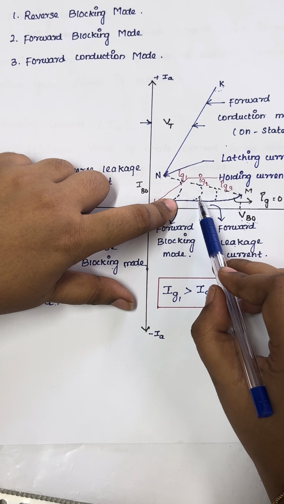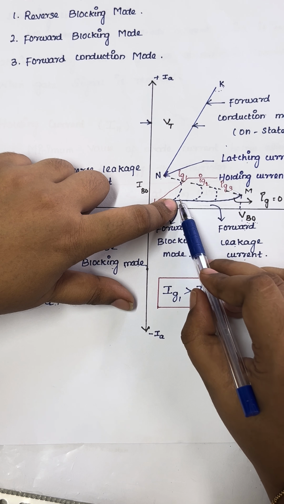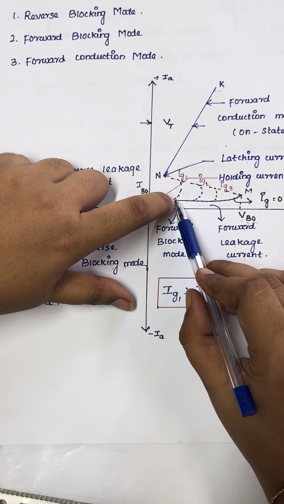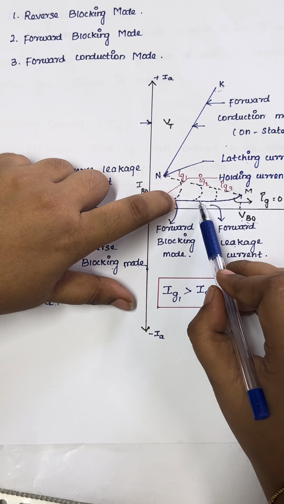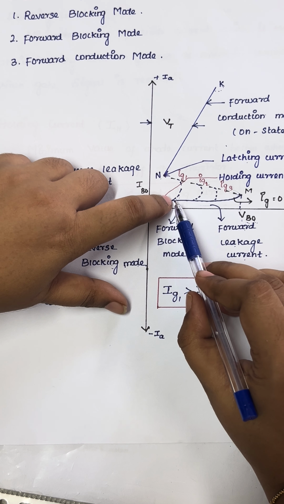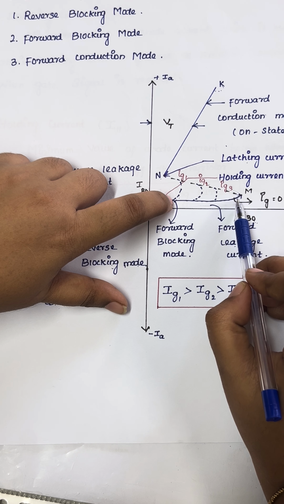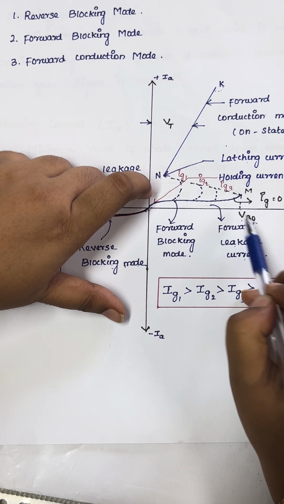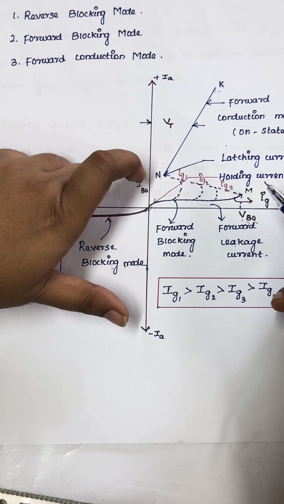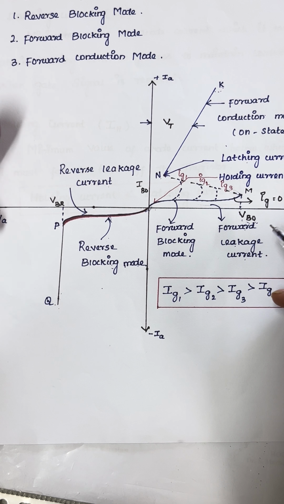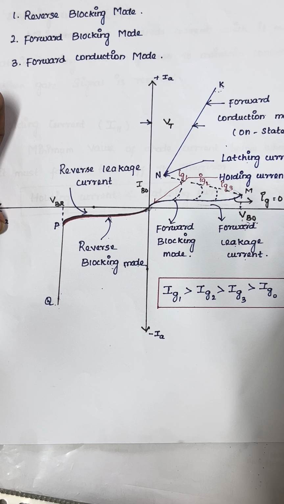If you increase the magnitude of the gate current, the breakover voltage will decrease. Here IG1 is the maximum gate current, IG2 is another maximum and IG3 is another maximum. So when you increase the magnitude of the gate current, the breakover voltage will decrease. That means the SCR will conduct earlier than without gate. So these are the parameters